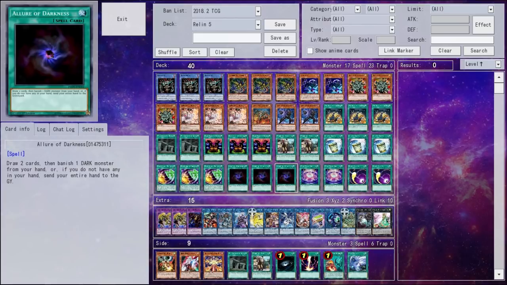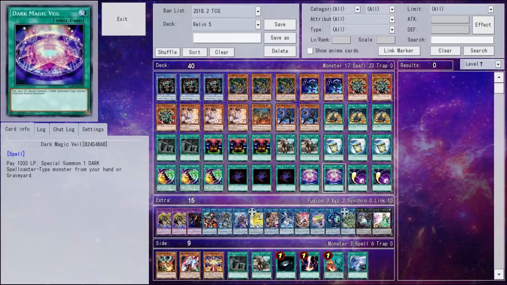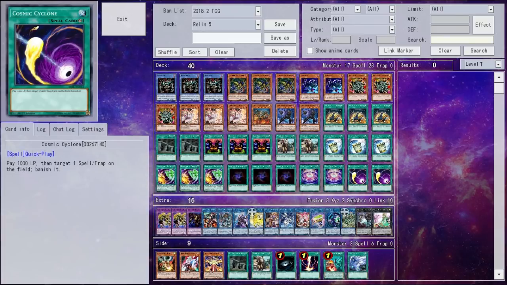So I actually like having this a lot in the deck, and it's been one of the MVPs of helping me get that last piece I needed, which sometimes isn't one of the specific searches we can grab off of other cards. For some more recovery, we have Dark Magic Veil, which is essentially just a Monster Reborn for Relinquished there, and actually,